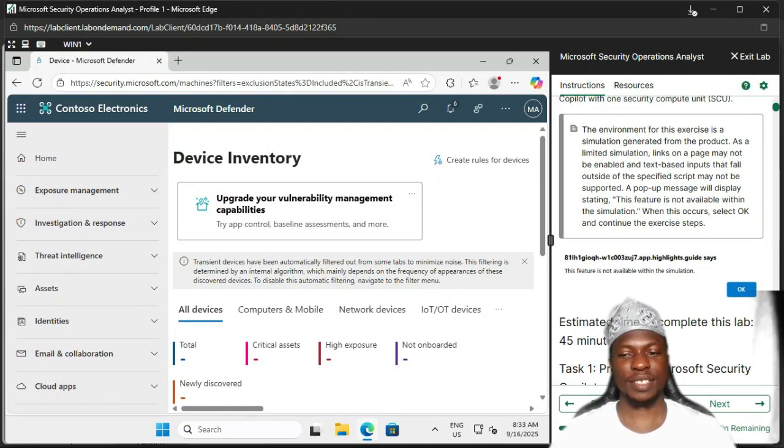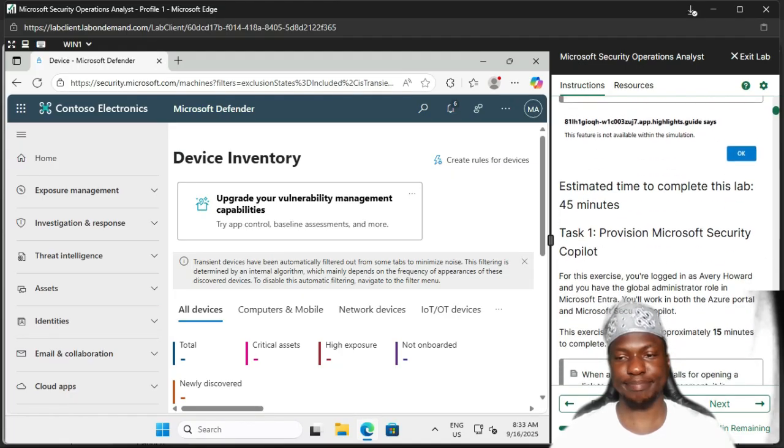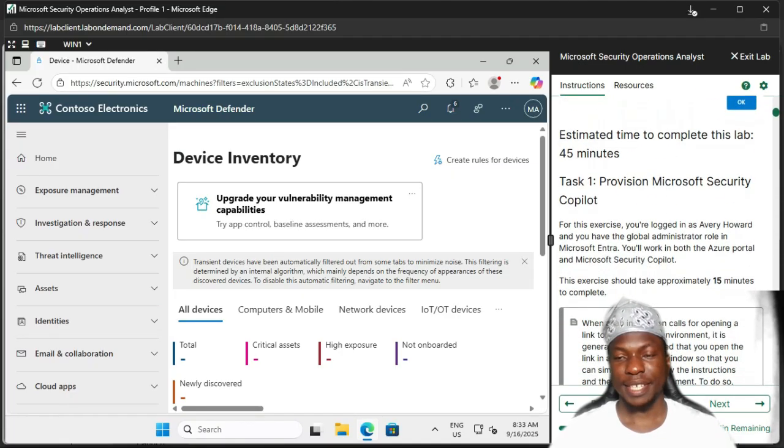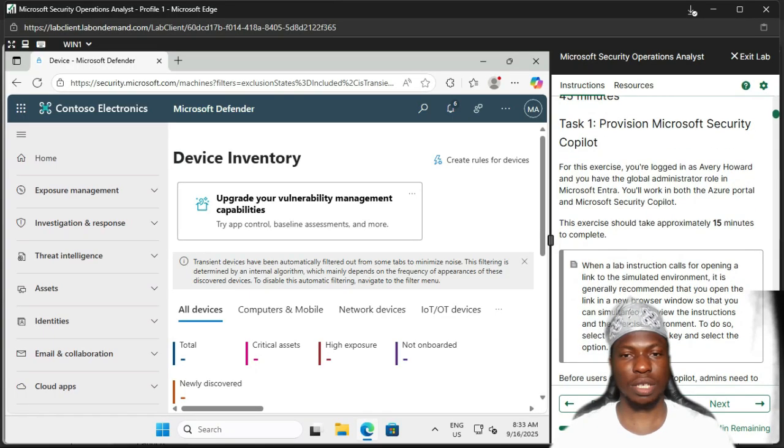Hi guys, so in this video we're going to look at setting up Microsoft Copilot. The first task we want to look at is how you can provision Microsoft Copilot. For this exercise, we're logged in as a particular account, and of course you can always go to security.microsoft.com